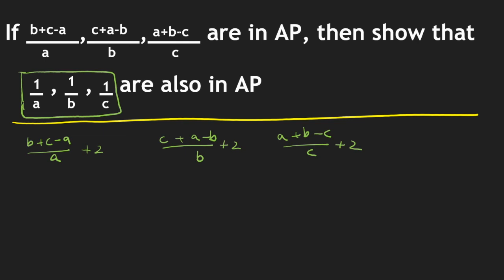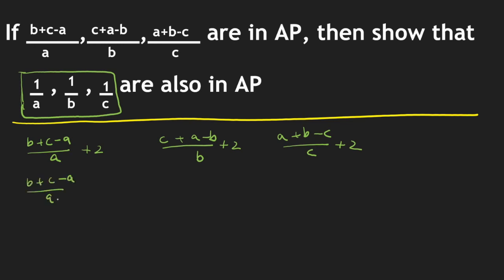And if you look closely, you see this minus a, minus b, minus c, right? Whatever variable is minus, that's the same thing on the denominator. Minus b, b, minus c, c. So when I add 2, I will be changing this minus c into plus c, minus b into plus b, and minus a into plus a. I'll show you how. So now that I have added 2, what I'm going to do is b plus c